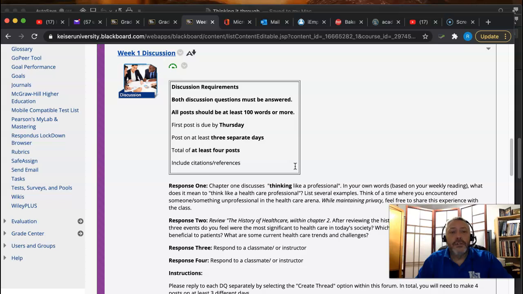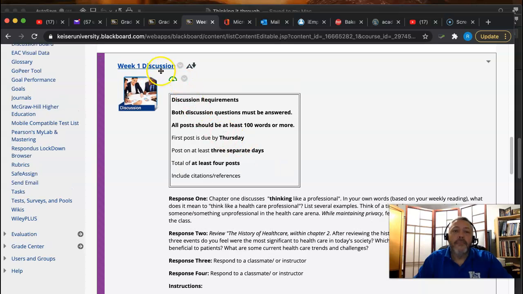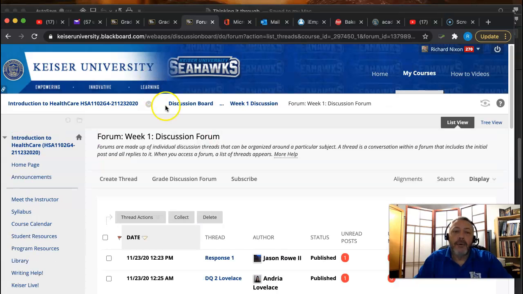So for those of you new to Blackboard, to start your discussion, you must answer your question first before you can see your fellow students' replies, because I don't want you to regurgitate what your fellow students are saying. I want your views. So I don't show you the discussions before, you have to answer them. So to do that, you hit create a thread,